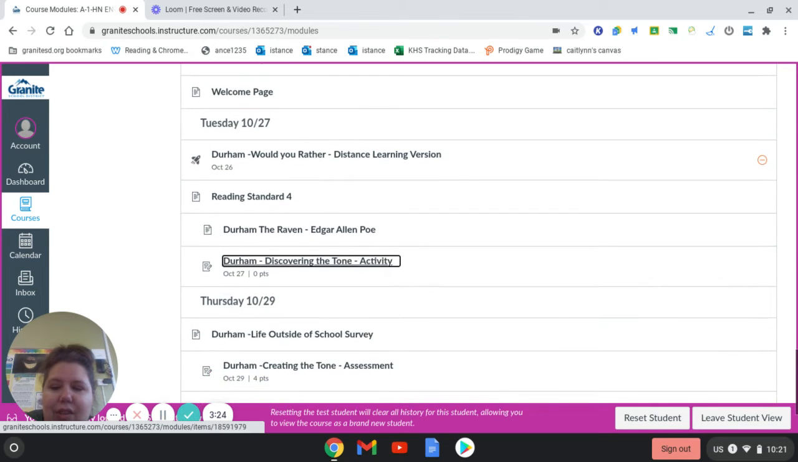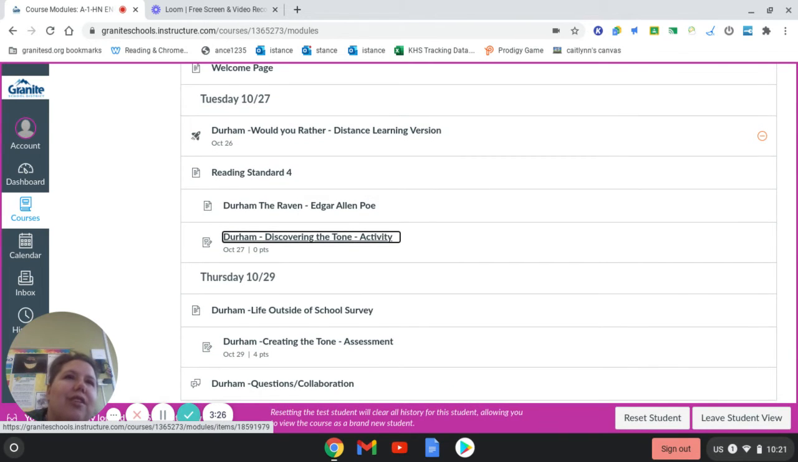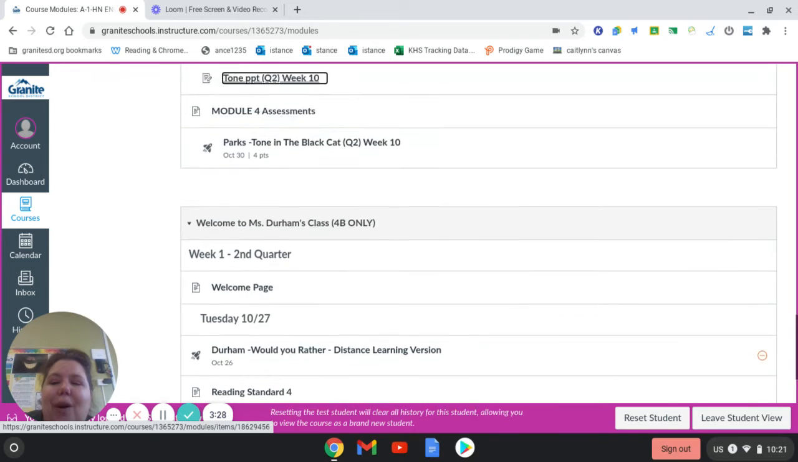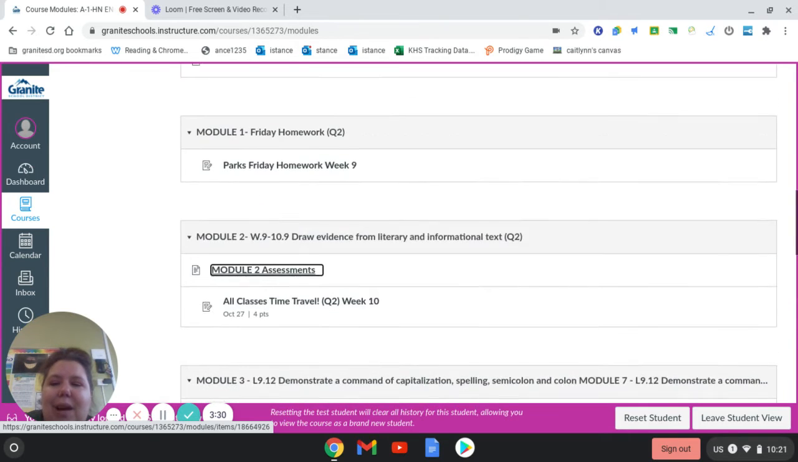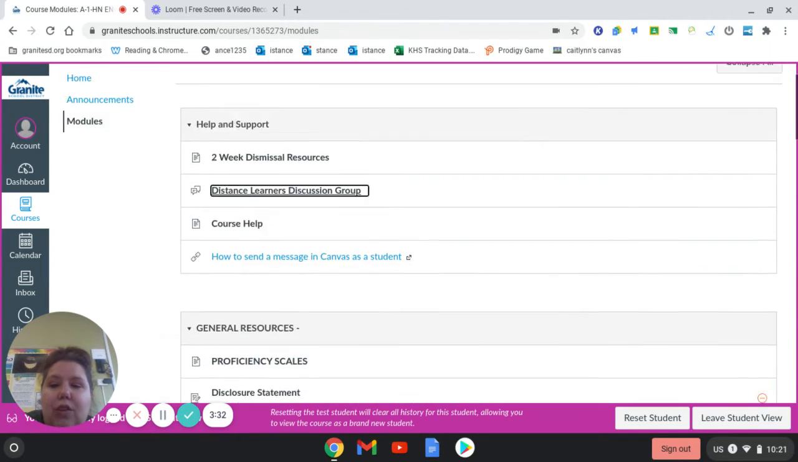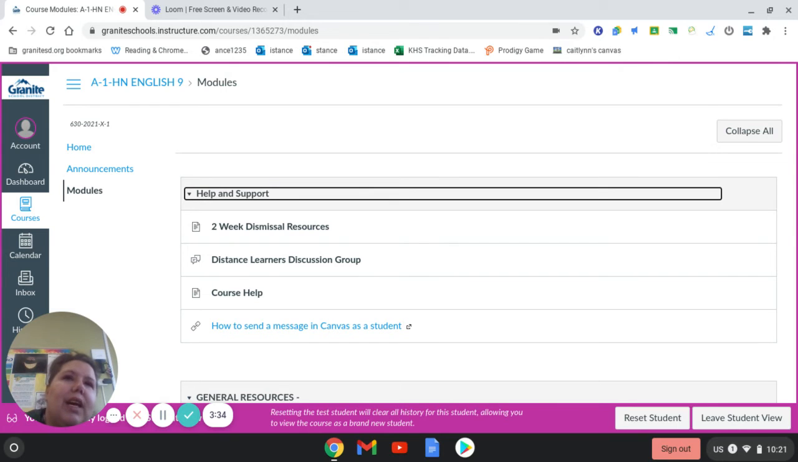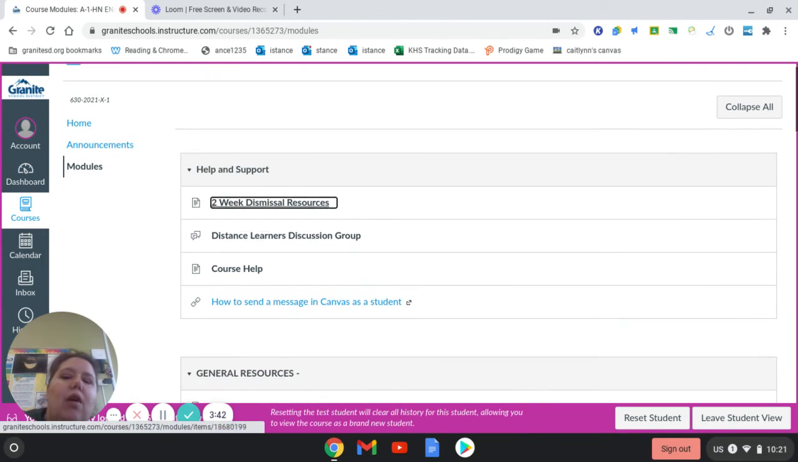And you'll see that Mrs. Durham here also has due dates attached to her assignments. So hopefully, again, that helps clear a few things up in regards to what you should be turning in and when you should be turning it in. Again, we are on week 10. We are on week 10. So again, if you see work that is labeled week 10, or,